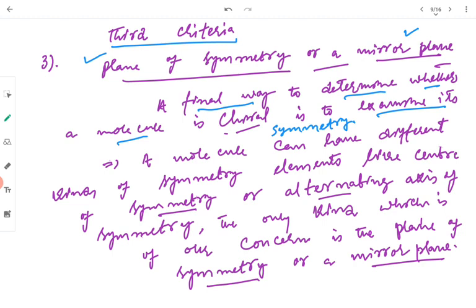A molecule can have different symmetry elements present, like a center of symmetry, alternating axes of symmetry, or a plane of symmetry. These different symmetry elements can be present in a molecule, but the only kind which is our concern here is the plane of symmetry, or a mirror plane. So we will limit our